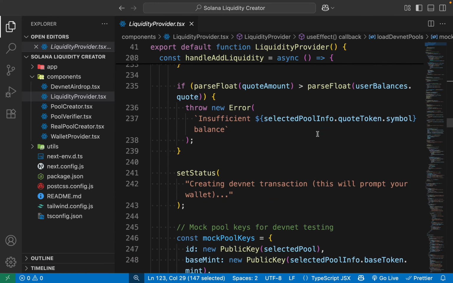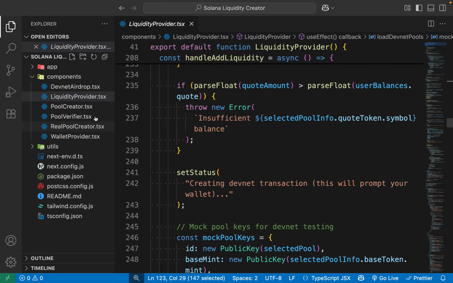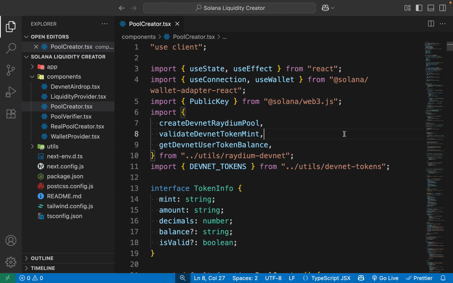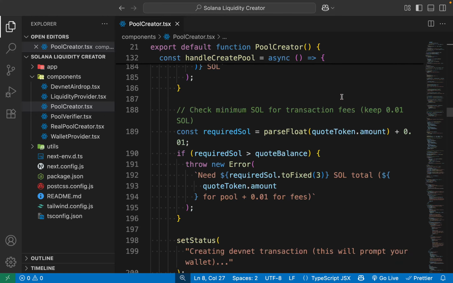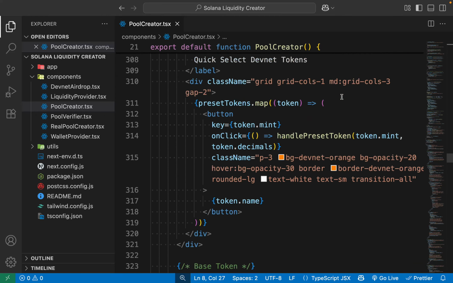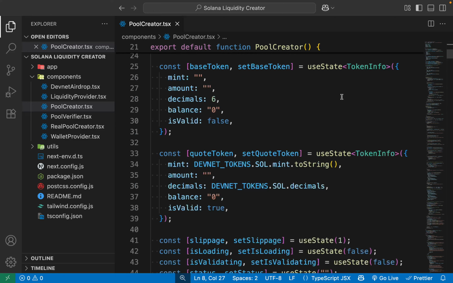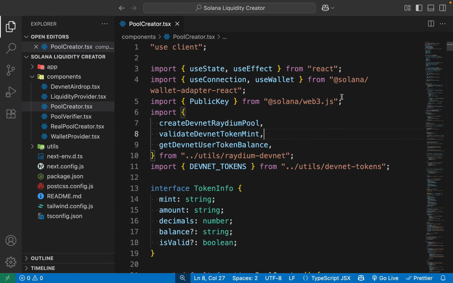So don't make any changes, just test the way I am explaining. You can come back to the pool creator. Here we have the complete code for our pool creator. You can understand the complete architecture we have implemented, how we provided the predefined token, all the logic, all the SDK model. So this will give you a proper understanding of how we are utilizing the SDK model for performing the transaction